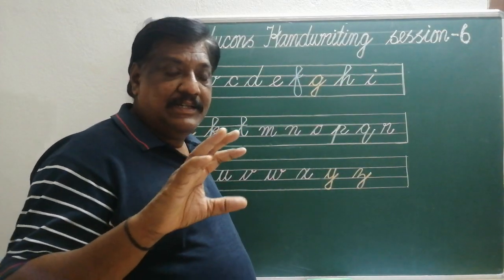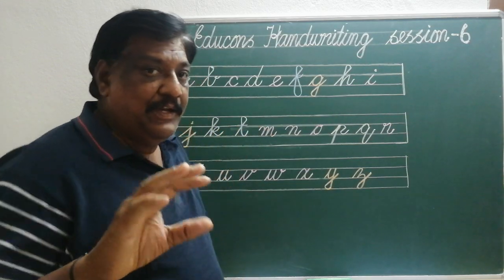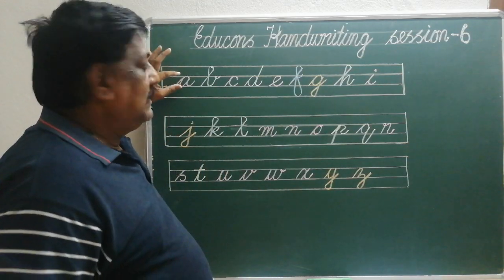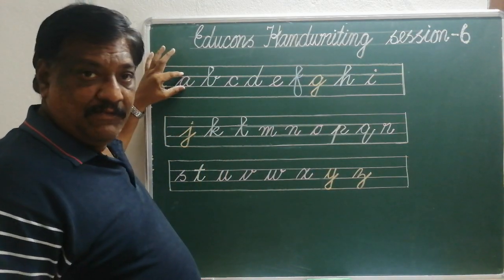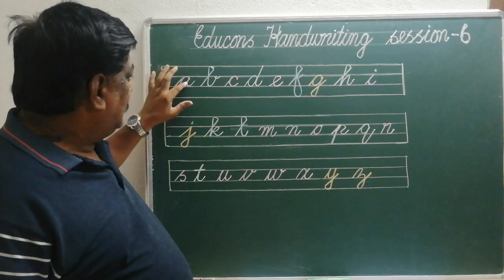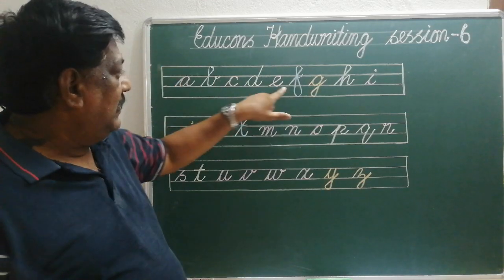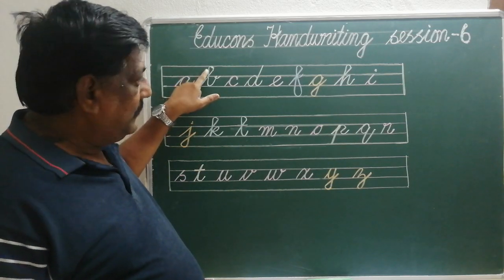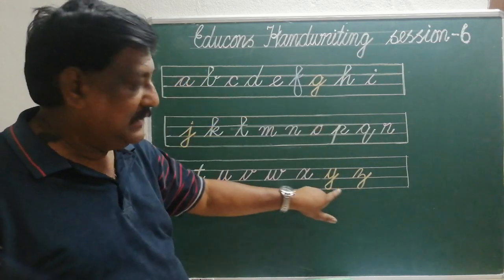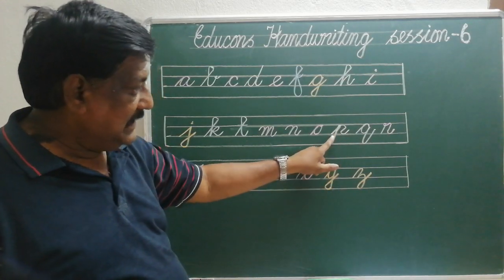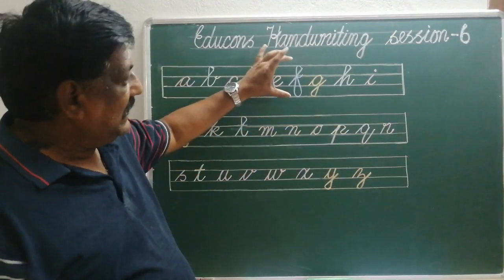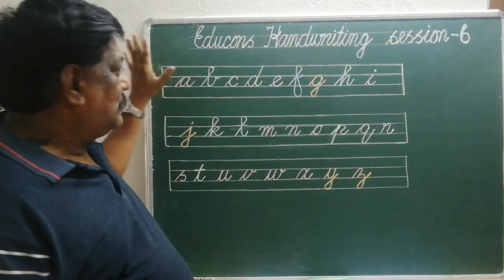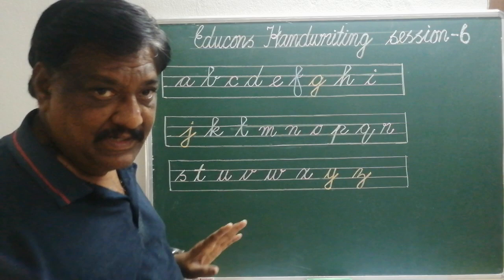So you have completed all the strokes and you have started writing the letters, and based on the letters which fall within these two lines, which is in the pink color, you see all these letters, there are 13 letters, then upper loop letters 4, then lower loop letters 4, then loopless letters 4, then the letter which is touching all the 4 lines, F, there is one letter. So 26 letters we have completed, right?